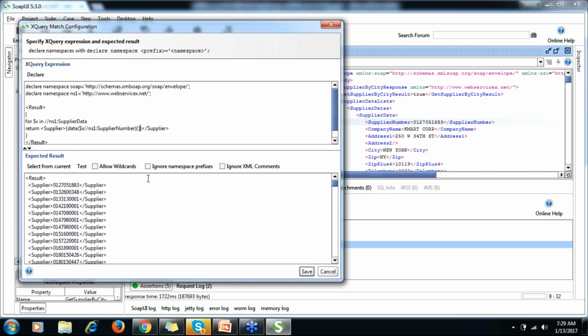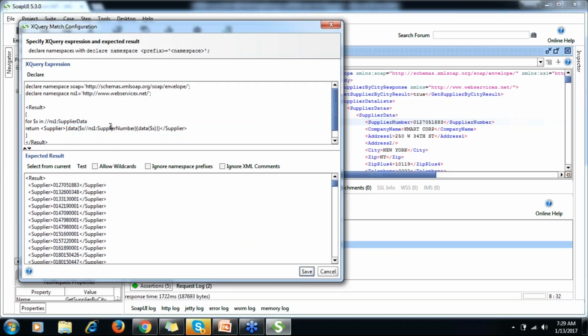Okay, let me delete this, and then in a similar way I need to put data, and parenthesis, then dollar $x. Okay, and we already have this in ns1. Okay, ns1 supplier data.